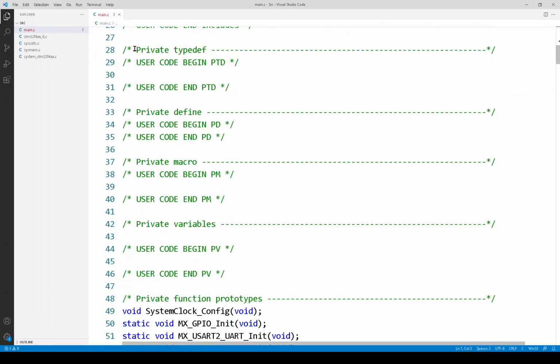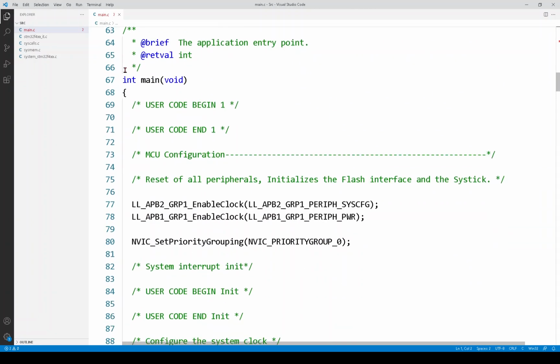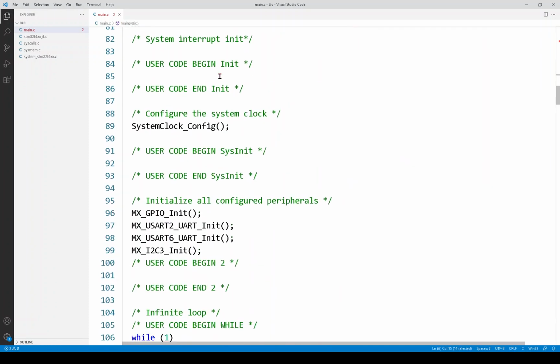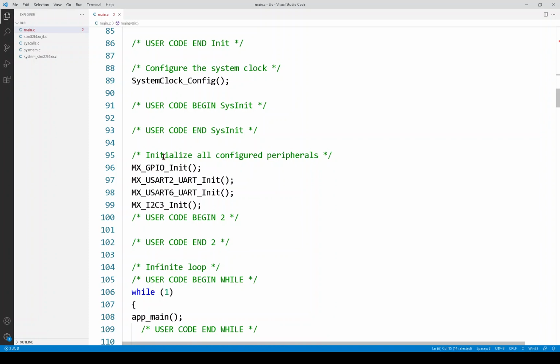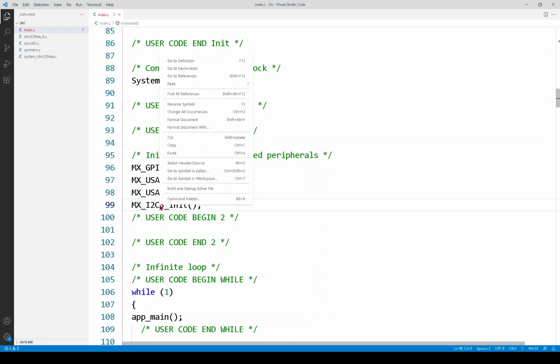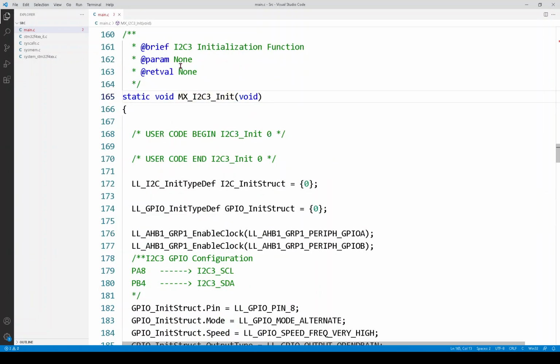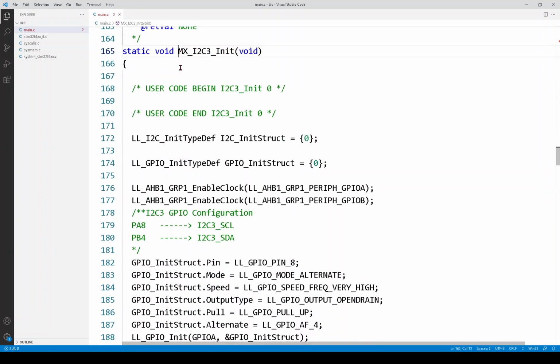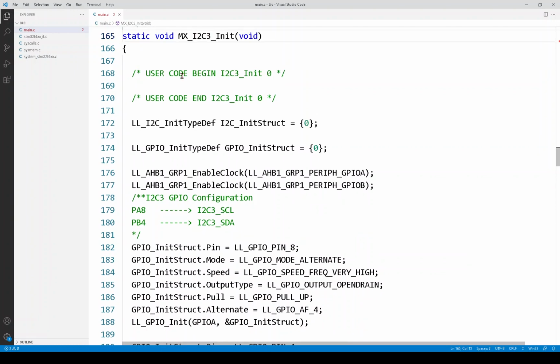So if we scroll down a little bit, we will find the main function right here. And scrolling down within that function, we see the initialization of the peripherals, and here is the function call for the I2C device, I2C number 3. And if I go to that function, we can look to see what it does. There's two main things it has to do. It has to set up the GPIO pins for the I2C interface, and then it has to set up the